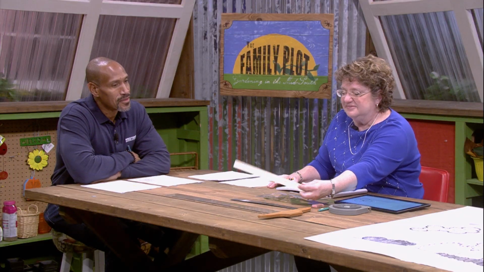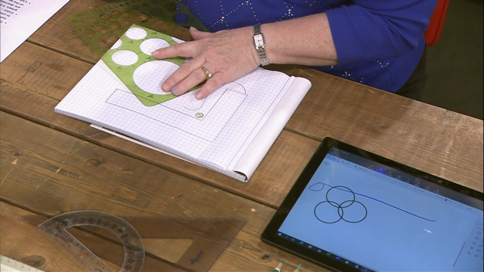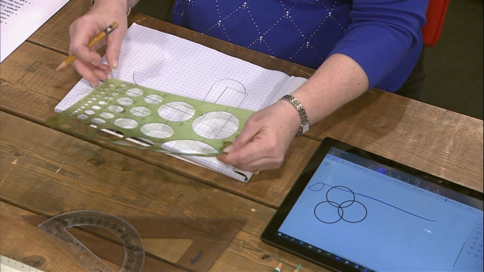You can get as technical as you want. There's T-squares, architectural rulers, regular rulers. You can have triangles, circle templates, whatever you want. But even a protractor with a straight edge is easy to draw with. And I like to use the circle template for many things, not only for straight edges, but to help with drawing my curves.